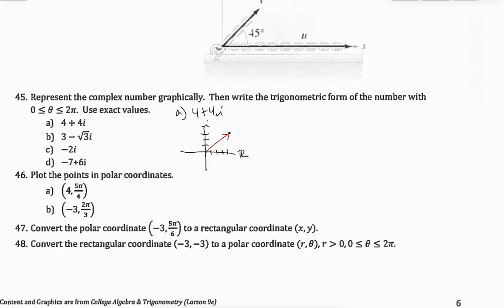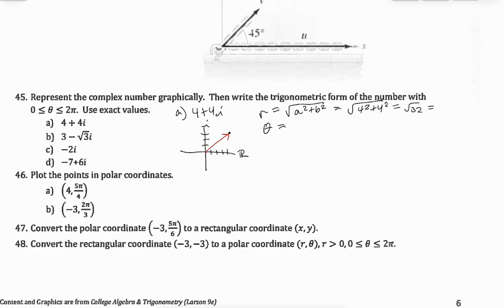Now, let's talk about putting them into the trig form, okay? We have to find r, and we have to find theta, because the trig form shows the r and the theta. Okay. So let's find the r. The formula is just Pythagorean theorem. It's just its length. That's just a squared plus b squared. So in this case, you don't use the i. That's just 4 squared plus 4 squared. 16 plus 16 is 32. That's just the square root of 32,